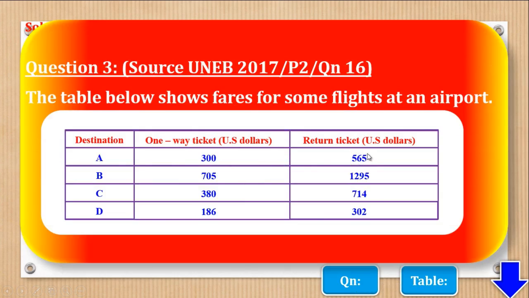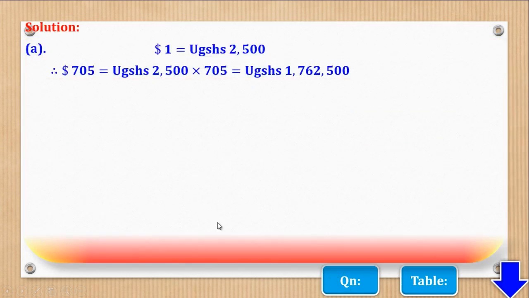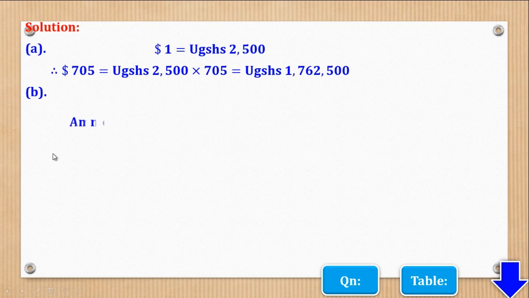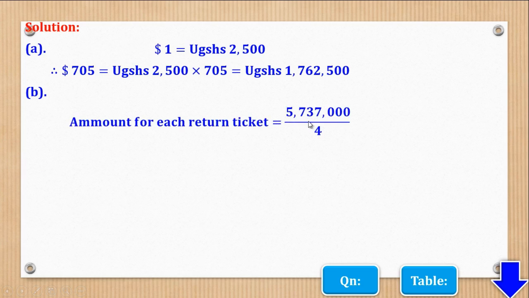So the fare is 565 US dollars. So you come here and say that for part B, the amount for each return ticket, remember there were 4, costing this amount in Ugandan shillings, so each return ticket will be that amount over 4 to come up with Ugandan shillings